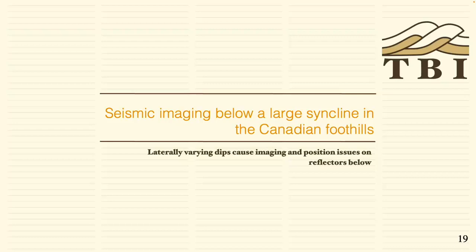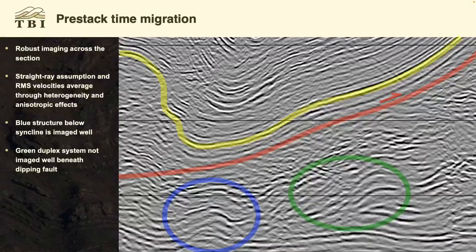So the example I've got here is seismic imaging below a large syncline in the Canadian foothills. We've got these laterally varying dips that cause imaging and positioning issues on the reflectors below. Okay, it's a bit of a busy diagram, so let's take it one bit at a time. We've got a pretty good pre-stack time migrated section here. The yellow is the syncline in the hanging wall of the thrust, and below we've got these two structures. We've got the anticlinal structure in blue, and we've got a duplex system in green, which isn't